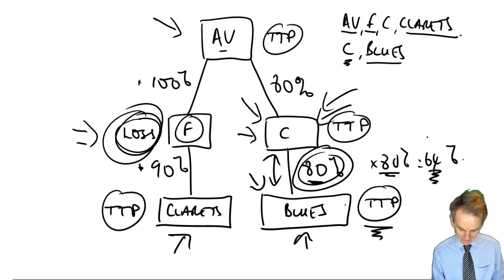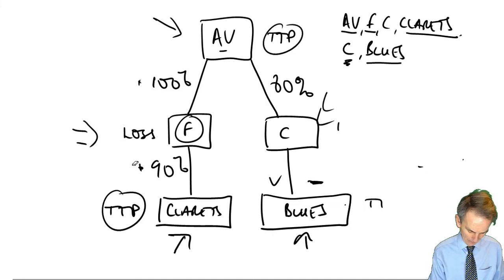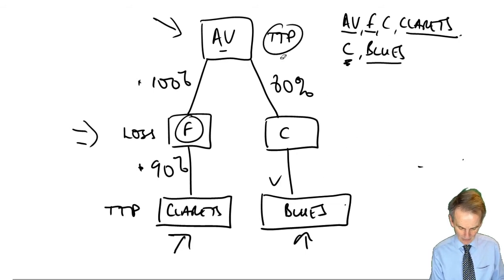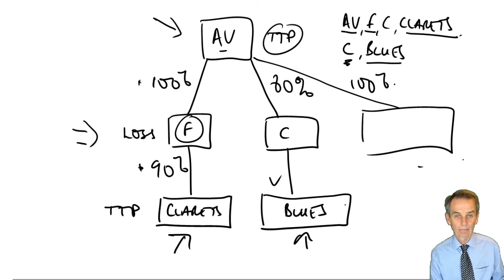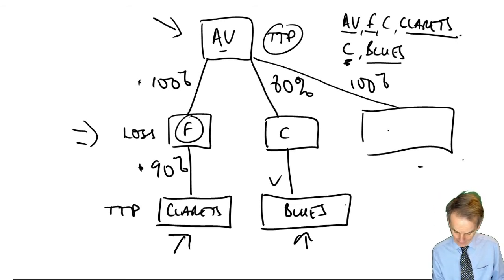We had that AV group of companies there, and we'd identified who was able to group relieve with whom. Again, if we clear up what we have there, we had the relationships that existed between each of these companies. Well, if AV owned, now I'll say 100%, it could be 75%, but we'll say 100%. If they owned 100% of